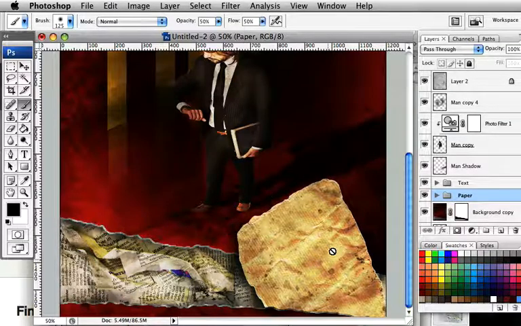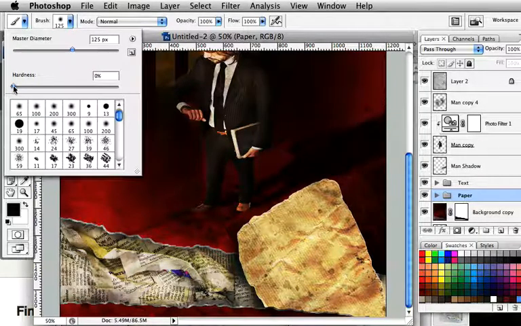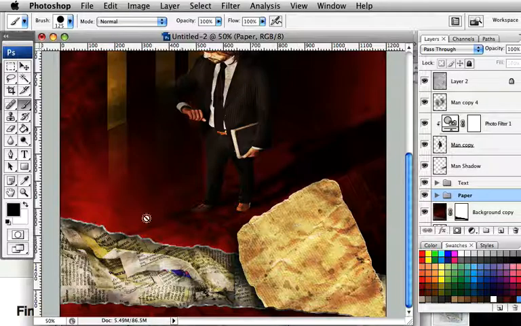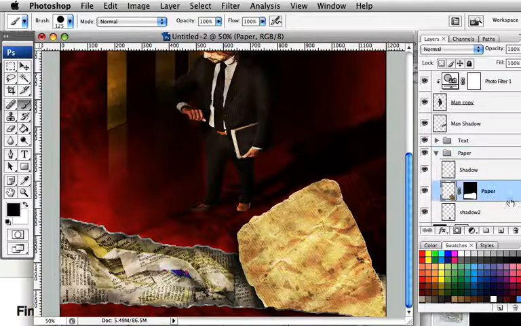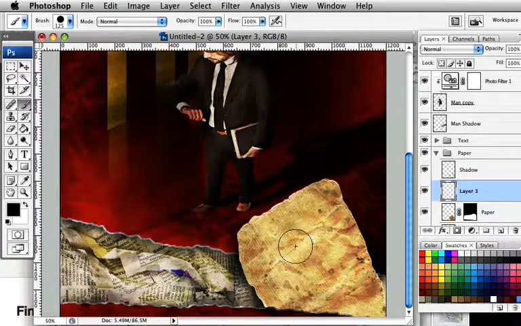And then finally we're going to add a little bit of writing over here across our tag. So let's increase the opacity to 100% and flow to 100%. We want it to be 100%, and we want a tiny little brush now. So in here, I'm going to create a new layer and bring it right down, about 5 or 6 pixels, and we're just going to write. I'm using a bamboo tool, so